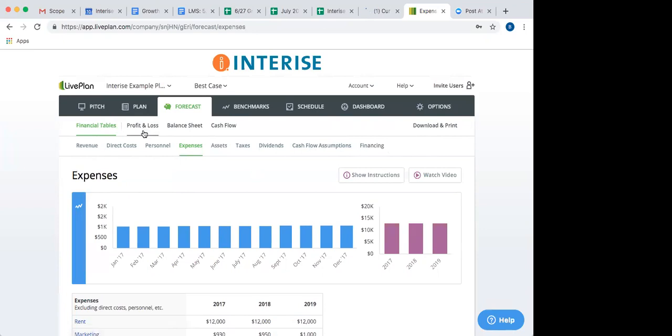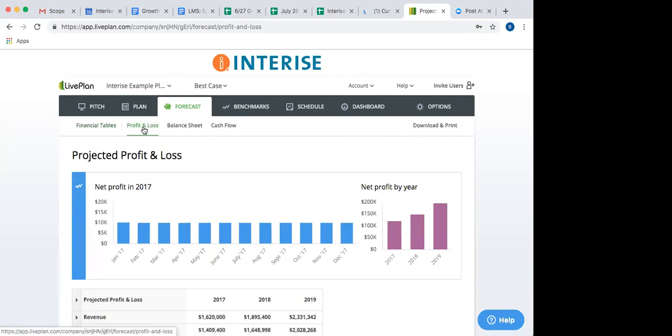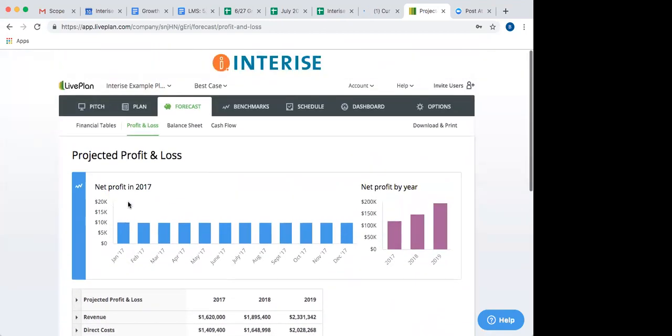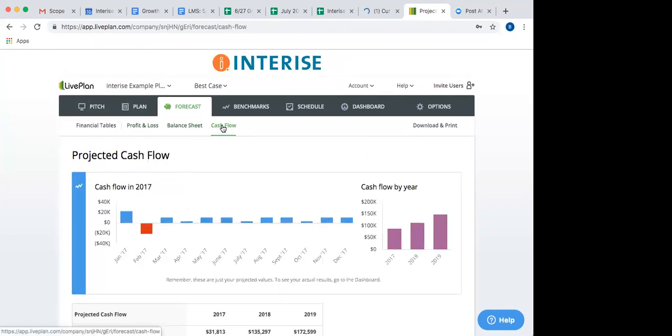just like you probably remember in our finance module, we review the P&L, we review the balance sheet and the cash flow. So again, instead of having to print off your documents when you come into class, you could just pull up your growth plan via the software, and you can just click on your P&L, and here it is. There's your P&L. And again, it's pulling directly from your accounting software. You can look at your balance sheet, and you can look at your cash flow.